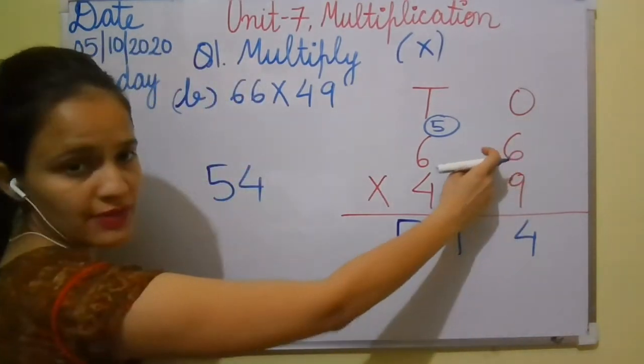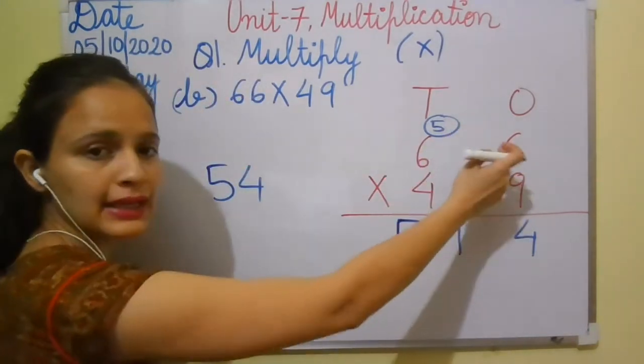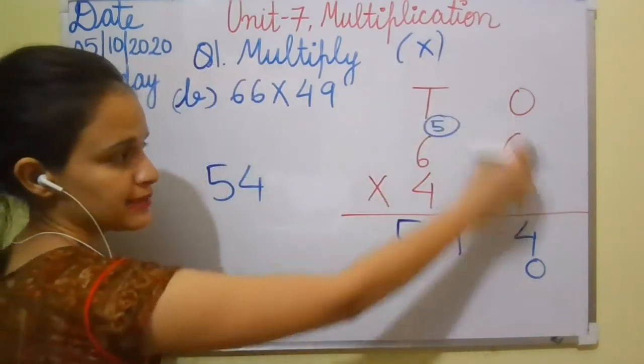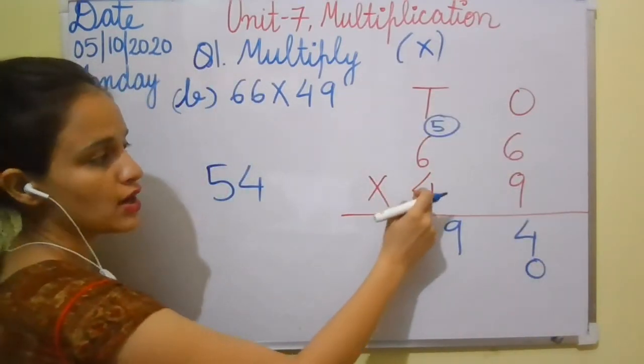Now ones is solved. The 9 in ones we have multiplied, so once ones is solved we are going to put 0 under the ones side. Now 4 6s are